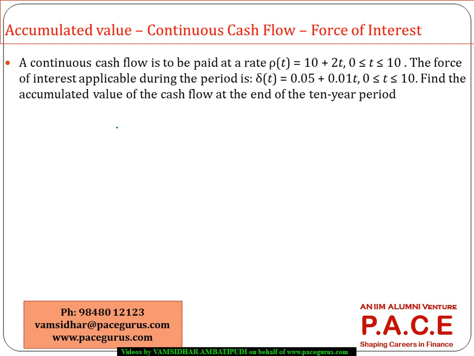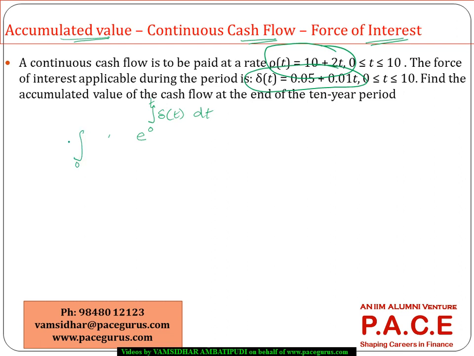Now let's look at finding the accumulated value of an investment in terms of continuous cash flows and force of interest, both of them being given. Continuous cash flows, at one particular rate at which the cash flows are moving every year, and at the same time the interest rate is also on a force of interest, or continuous basis. When these two are given, we know that first of all the accumulation factor is nothing but e power the integral from 0 to t of delta t dt. When the force of interest is given, the accumulated value is e power the integral of delta. But if the cash flow itself is a continuous kind of cash flow,